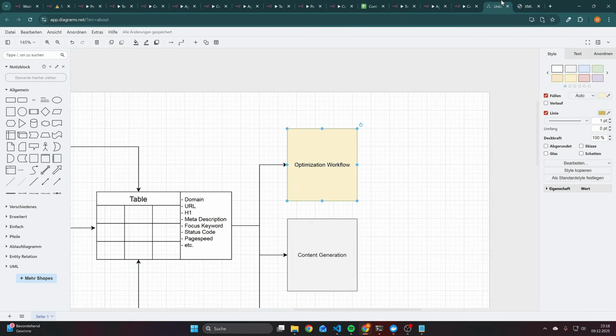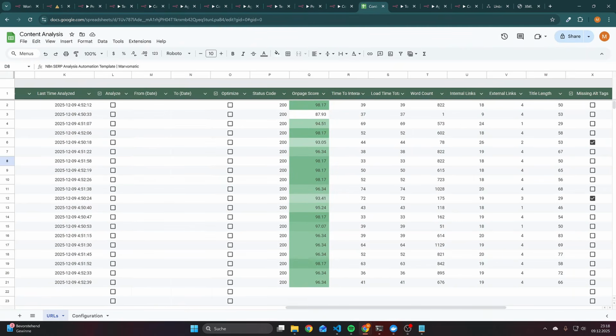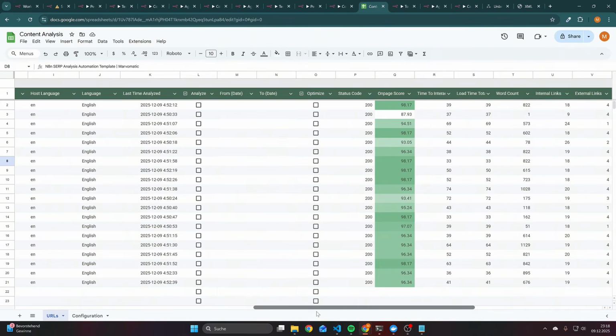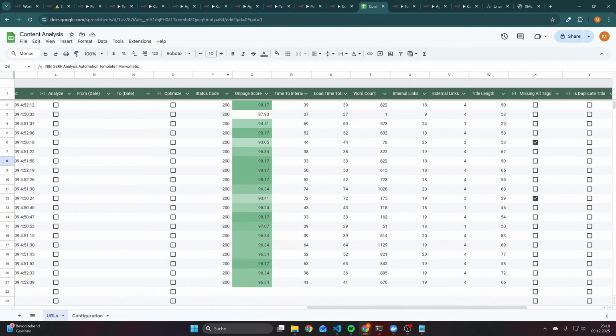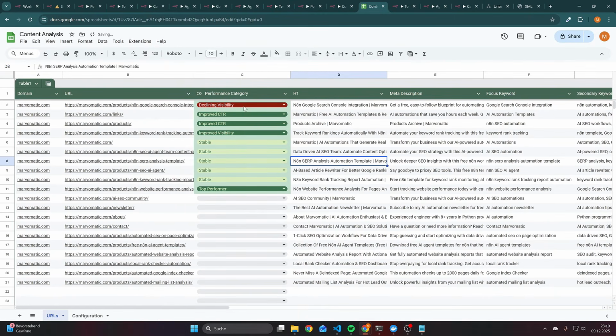But I also mentioned at the beginning that we have the part of the content optimization. And with this simple spreadsheet, it's now really easy to optimize content because we know already if the technical part is done correctly. So if everything looks good here, then the next step would be to check the performance category. And here we can already see that this specific URL is categorized as declining visibility, which means for me, I